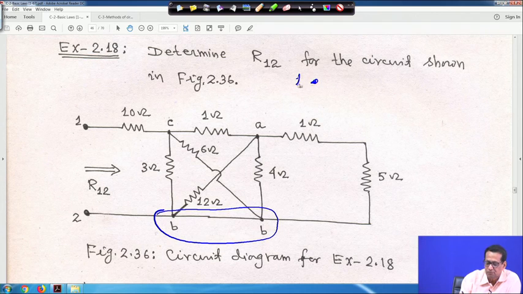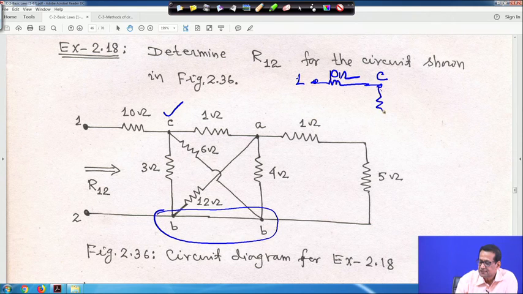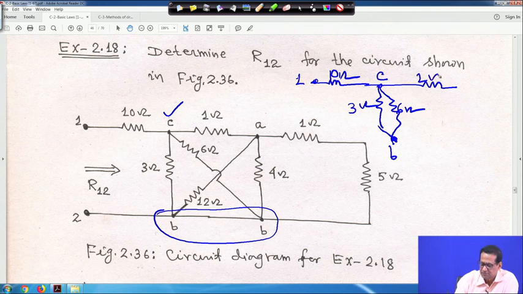So, this is your node 1, this is actually 10 ohm, and this is your node, suppose this is your C, and this is actually your 3 ohm, and this B is a common node. So that means this C to B, this 6 ohm, is actually in parallel. If I make it like this, this is my B point, then this 6 ohm is also in parallel to this 3 ohm, across the 3 ohm resistance. Then this 1 ohm resistance is here,